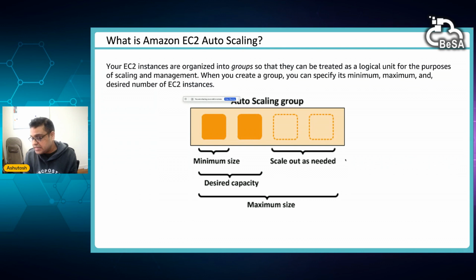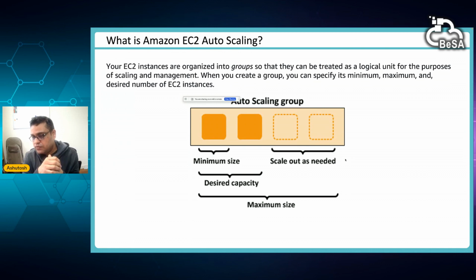Maximum scale, it can scale out to 4 instances, and desired capacity is 2. Now there is a very interesting thing here. When you say that we want to give our customers the best experience, why not keep on scaling out if demand increases?